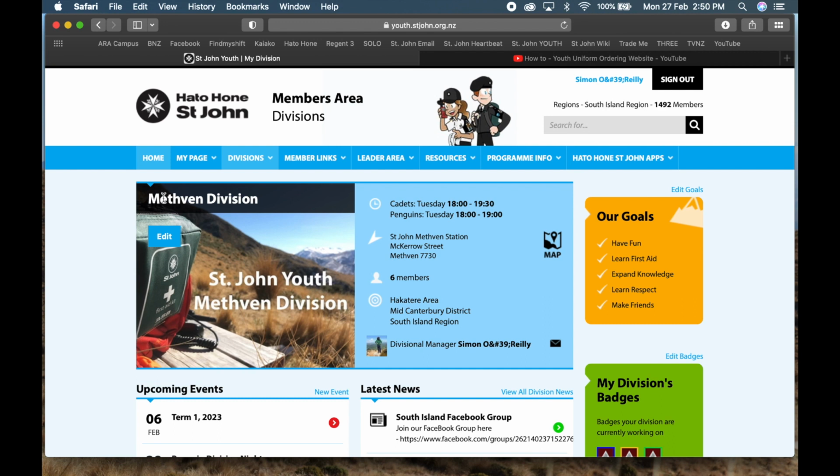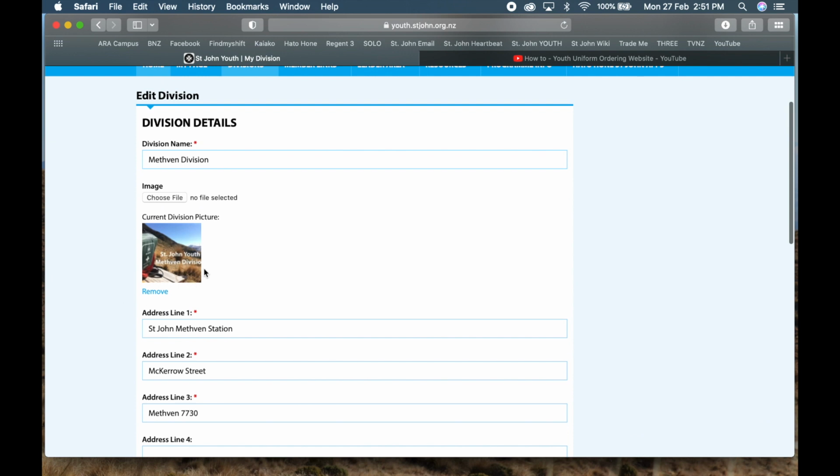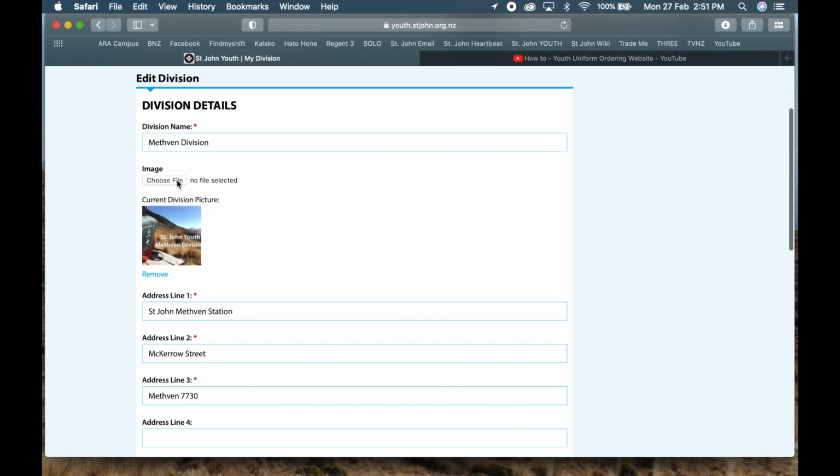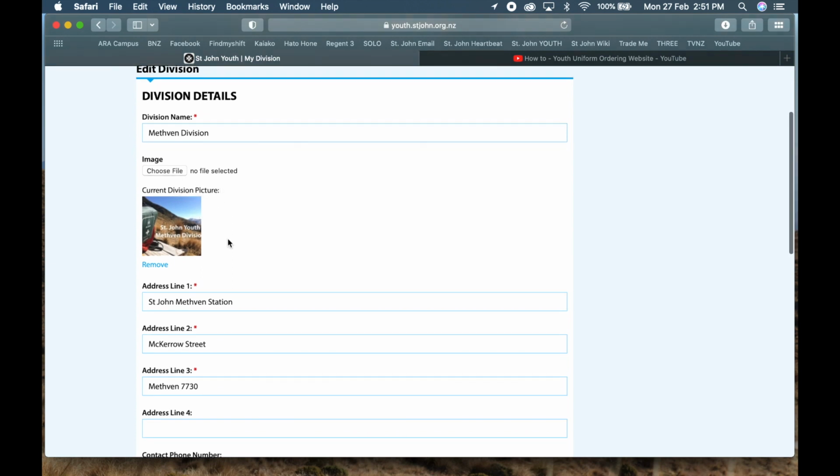Let's start off with this main block here. You've got lots of important information that parents and members of the division may like to look at when they come onto the youth website, and we can edit that by clicking on Edit. So say you have a cool picture of your division, whether that be a group photo or maybe a building photo, who knows. We've gone for a personalized photo with our name in it, with no cadets showing, just nice and simple. So you can just click on choose file and change that to whatever you may like it to be.